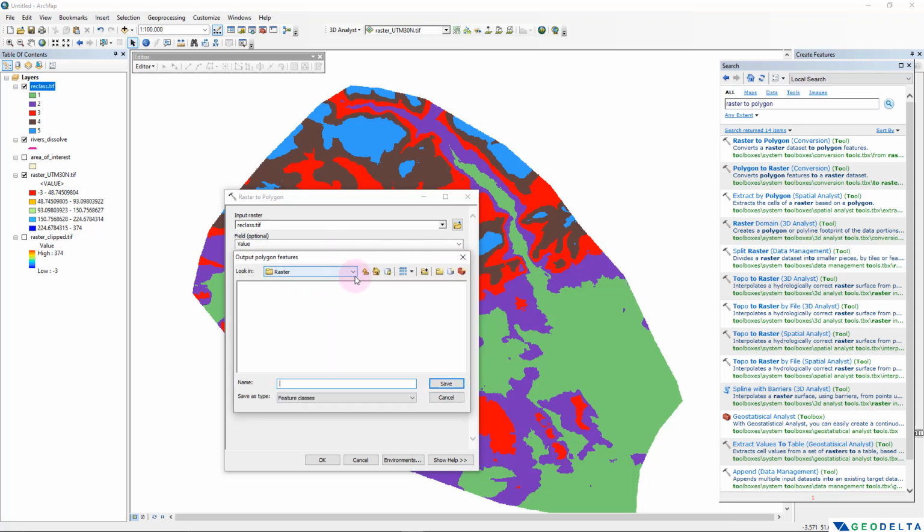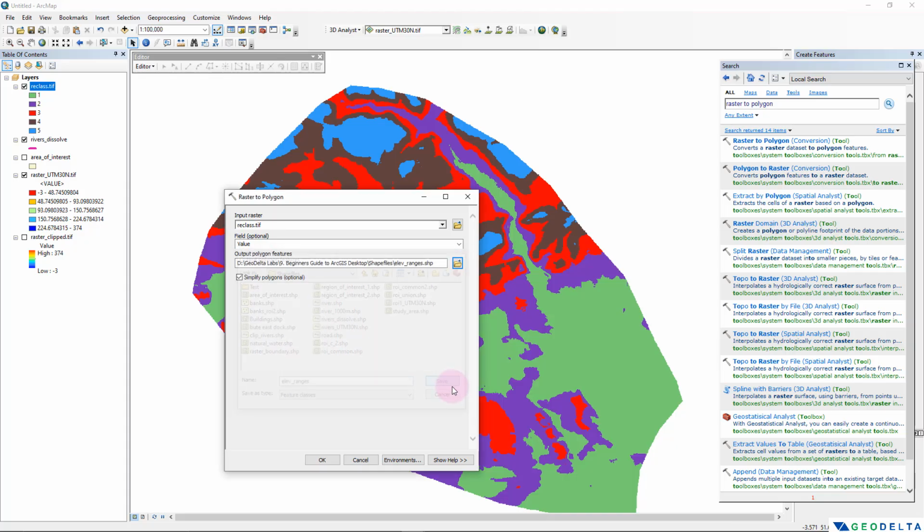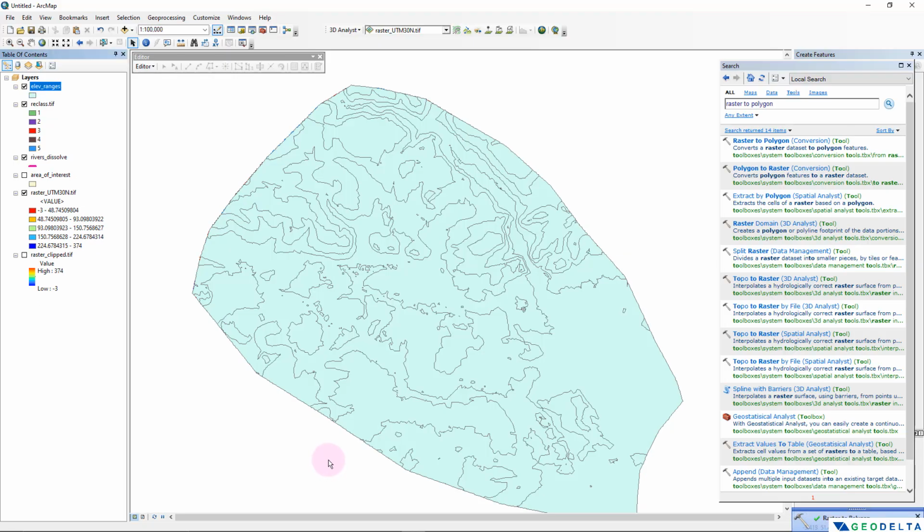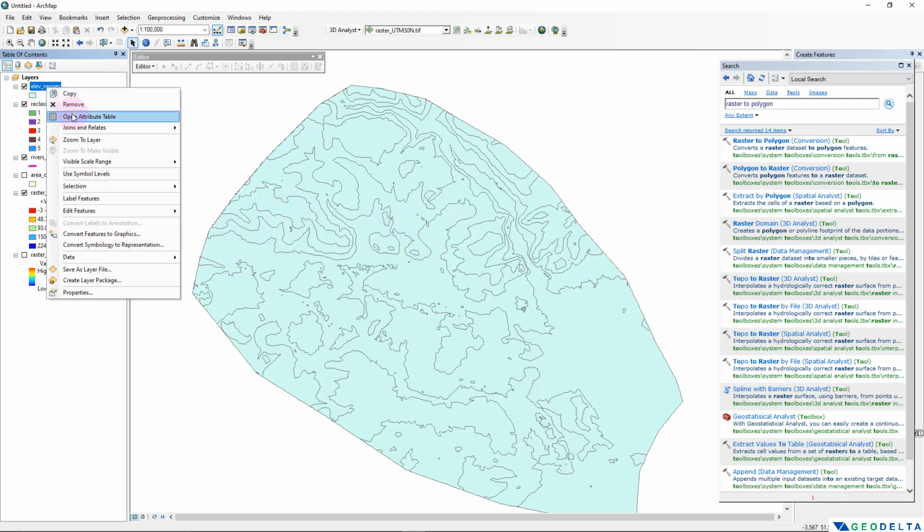And now since it's a polygon, I'm going to open the shapefiles and say elevation ranges and click OK. Yeah, now you can see that it actually converted everything into polygons. Now if I open that up,